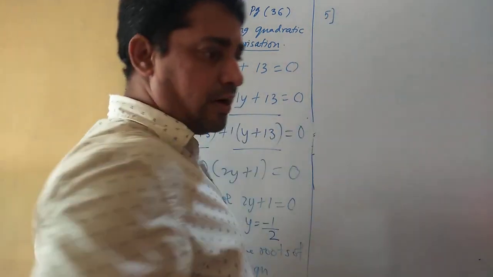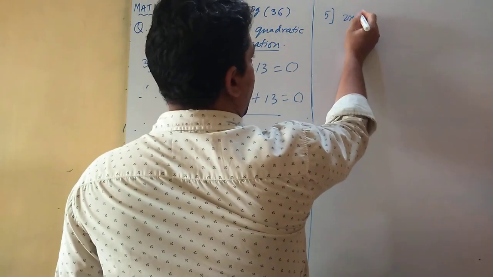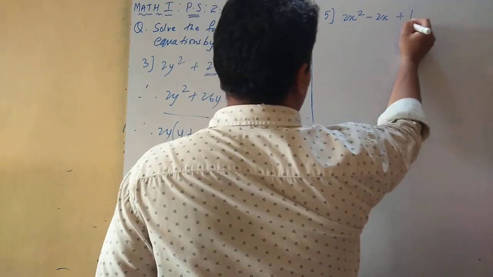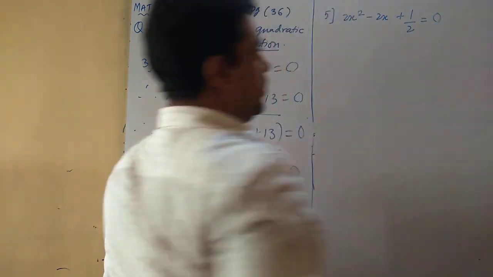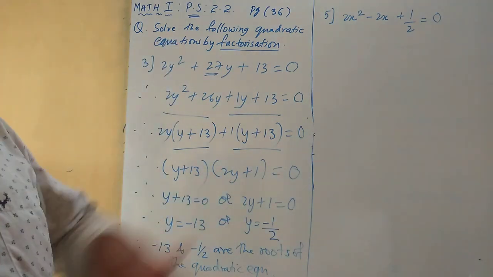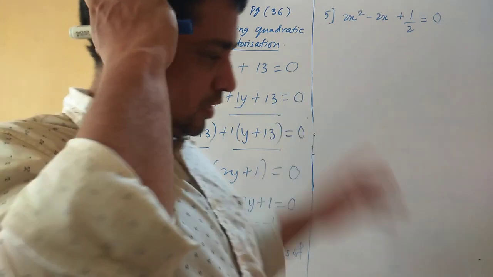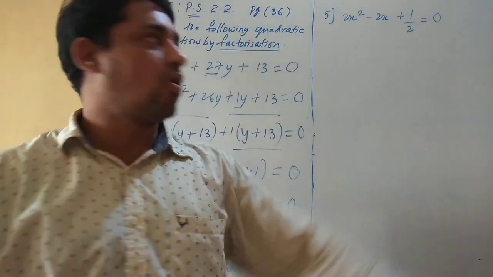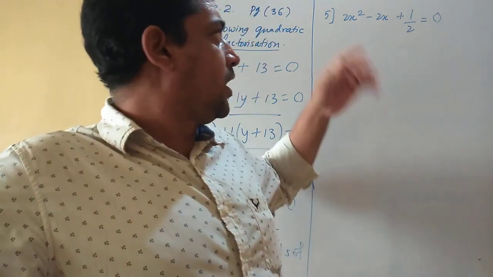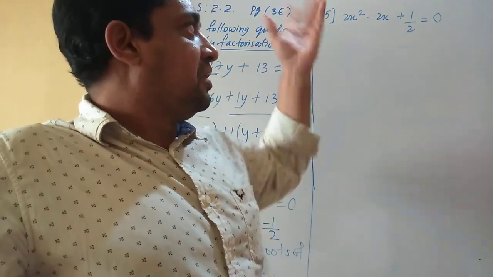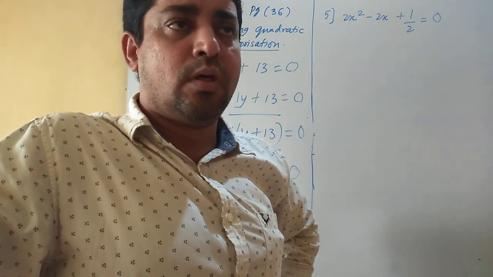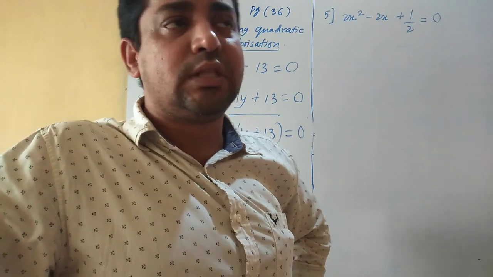For the fifth one, that is 2x square minus 2x plus 1 upon 2 is equal to 0. Actually only one extra step, otherwise the sum is the same. Okay, so check what is the difference here. Standard form, yes, this is standard form. Students were not clear, okay, basics are not clear again. Is it not in standard form, sir? There is a fraction there, 1 upon 2. Okay, fraction is there, no problem, but it is in the standard form. The equation is in the standard form.